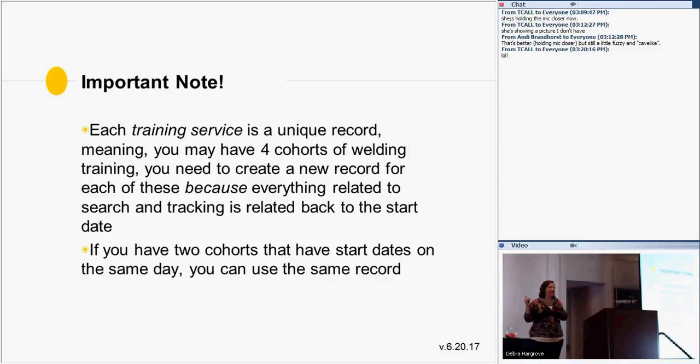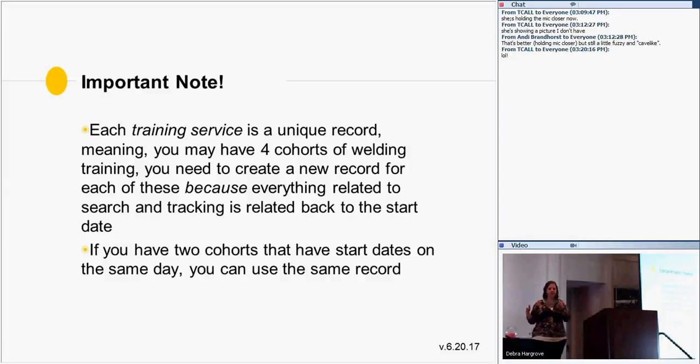The reason we can't do that is because this directly ties to the ETP, because when you set up a new training service, you have to indicate it's in the ETP system, and that is all date-based. So you may have a situation where you have 4 cohorts of welding in a year.